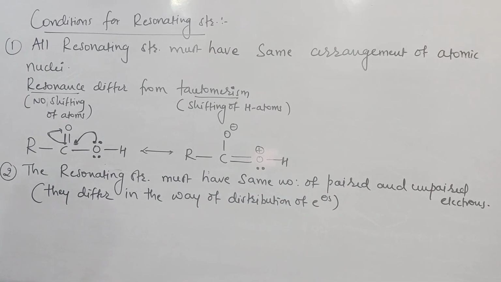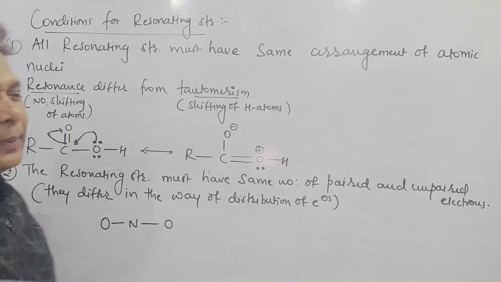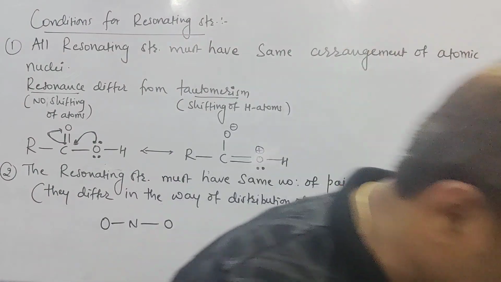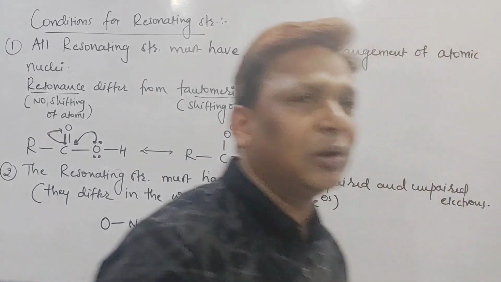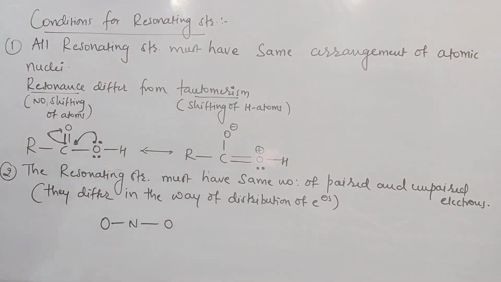Example we can see here now. Oxygen bonded with nitrogen, that is O bonded with N, and N bonded with O. Among oxygen and nitrogen, if you want to check which has more electronegativity, oxygen has more electronegativity, right? One second, I will show you. So O double bonded with N, N single bonded with O. But it has one lone pair and one lone pair. It has this structure.